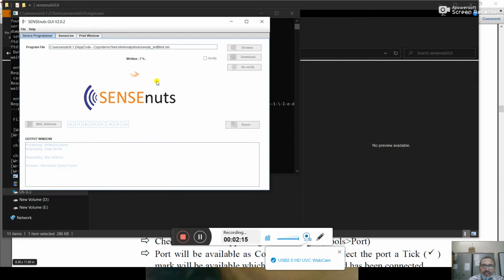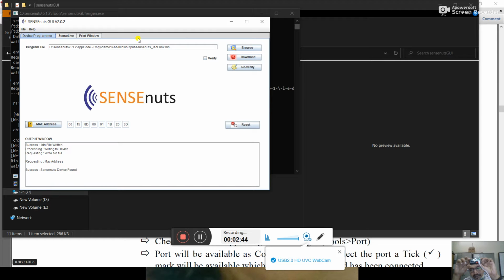Here you will find that it is getting uploaded, and these two LEDs are going to blink while it uploads to the device. The data is being captured by the device, and the data is being burned on the device.